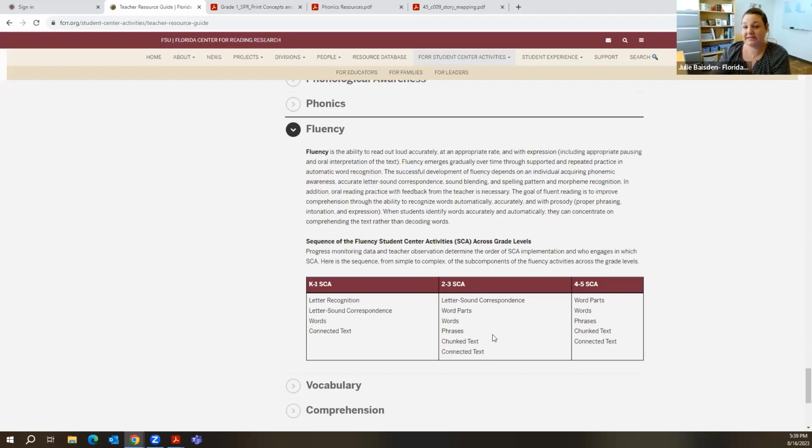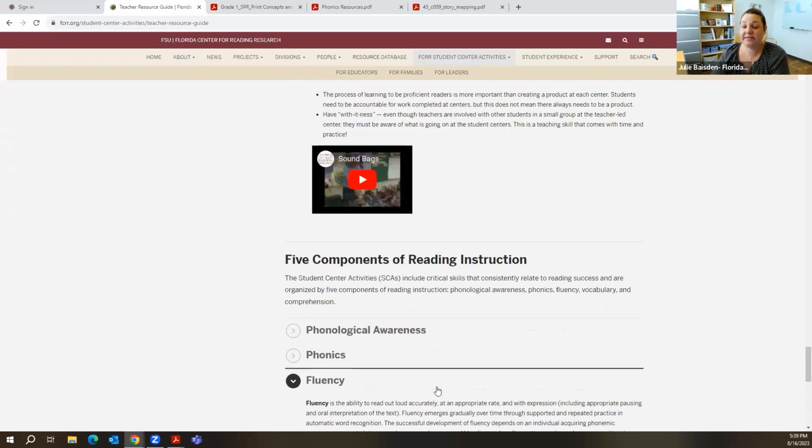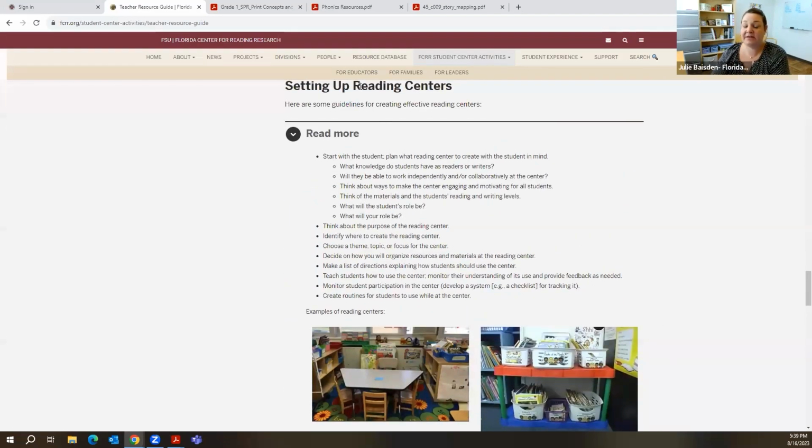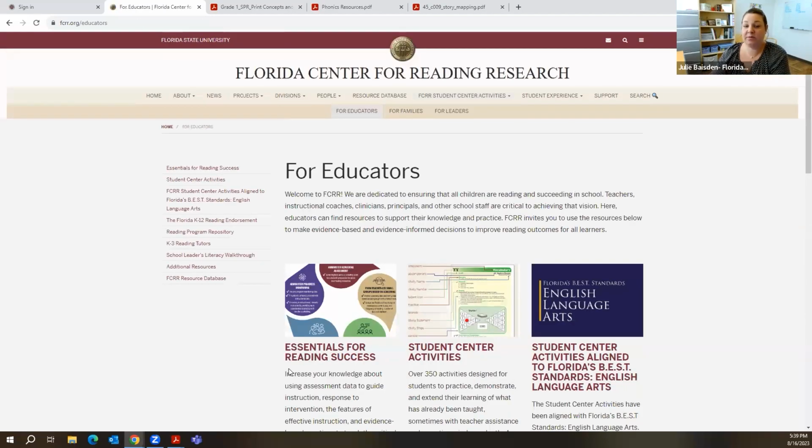And so this is information that a reading coach or an administrator or a dean of curriculum could go through with first year teachers or teachers that are new to a grade level and walk through systematically, step by step, what they need to think about and help them set those reading centers up. And so that's one way that we've seen educators across the state of Florida specifically use that resource and to walk some of their newer teachers, maybe new to the field or to the grade level, through how to get the ball rolling with those student center activities.